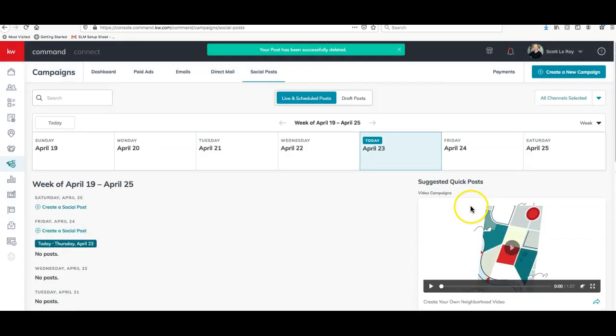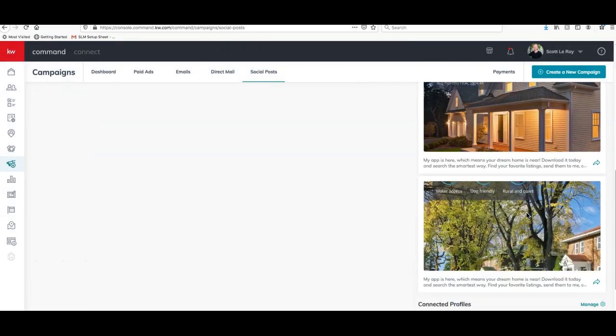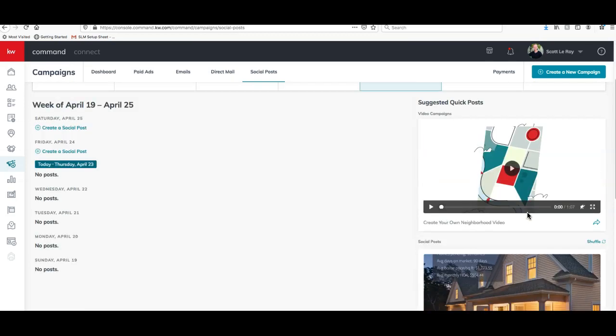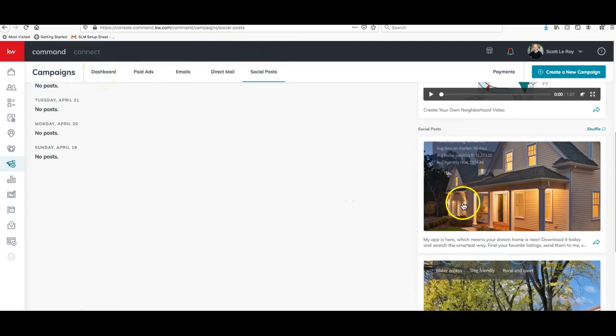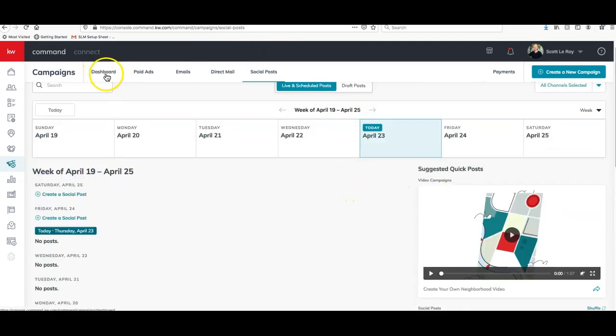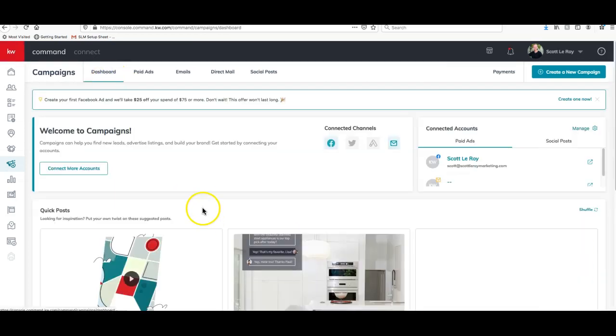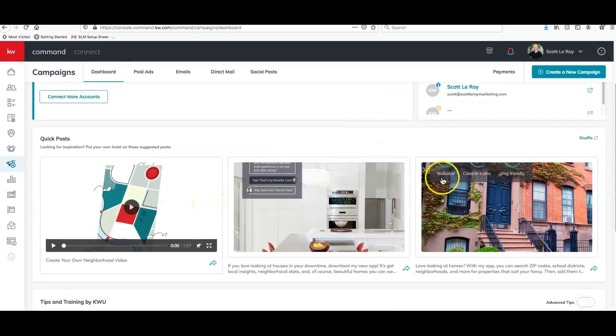All right, so these suggested quick posts, these are really cool. They have these options here and they also had them on this dashboard. I'm going to go back to the dashboard. So I clicked on dashboard and you can see the quick posts. If you saw one of these quick posts down here that you liked and you want to use it, all you would have to do is go to the post you'd like to use and click on this little arrow button,